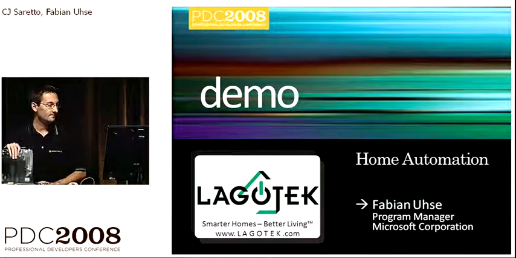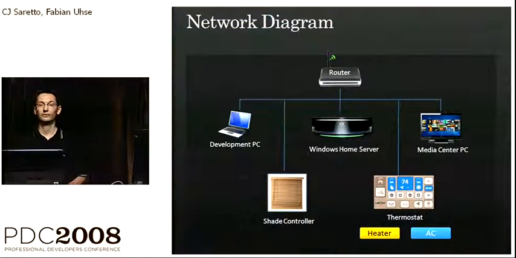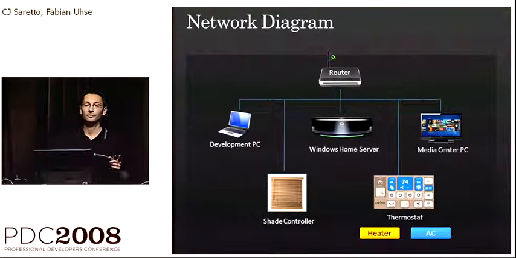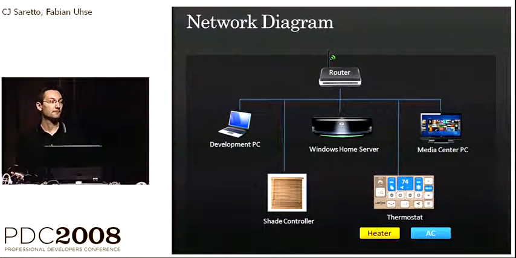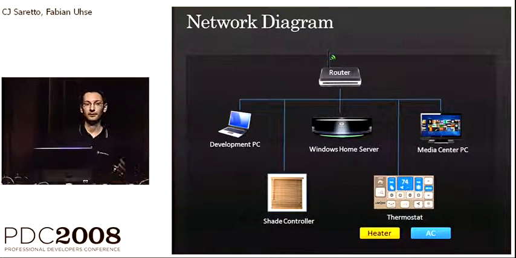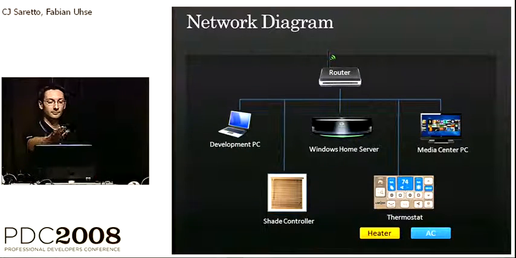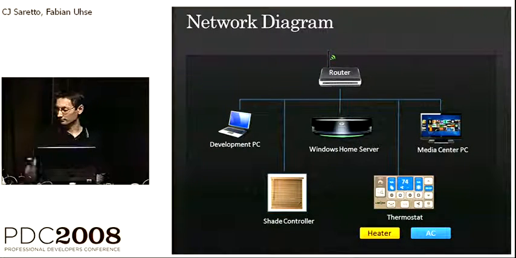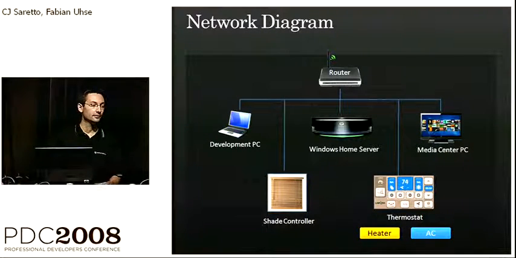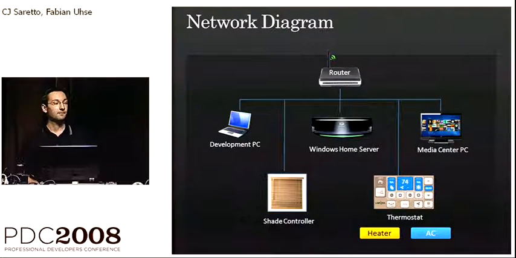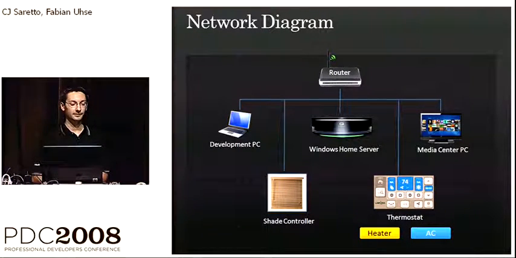can we switch back to the PowerPoint? All right. Let me give you a short overview of our network. We have the Windows Home Server in the very center of our slide. It means it is the brain of our home. It is connected to a router, which is the basis of our home network. We have a development PC connected to it. This is the machine you saw the screen of my mobile device on. We're going to use it later to show you some code. And we have, of course, the Windows Media Center PC. You've already seen some media playing on it.